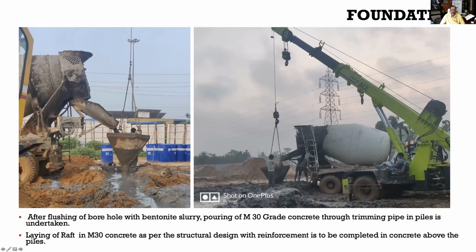And then once you make the pile holes, you have to flush out the borehole with bentonite slurry, and bentonite slurry will help you in plugging the leakages of water and all, because you are going so deep, so you may encounter water. So normally a bentonite slurry is poured, and then once you do the bentonite slurry, you can pour the concrete,